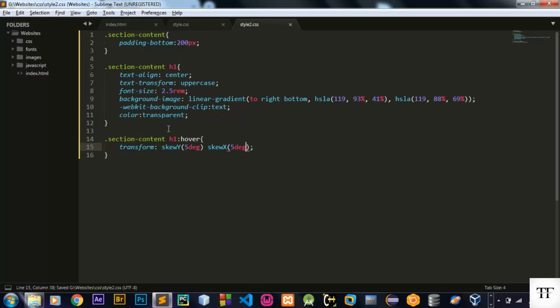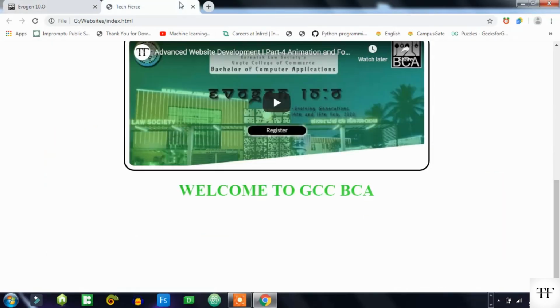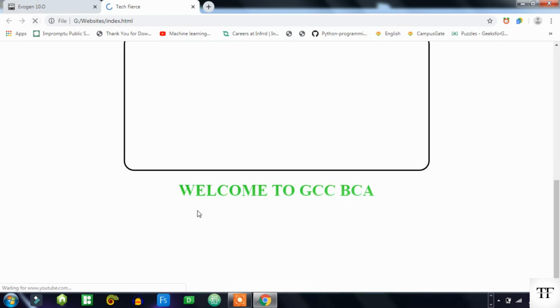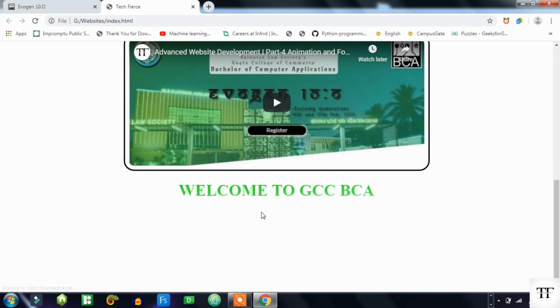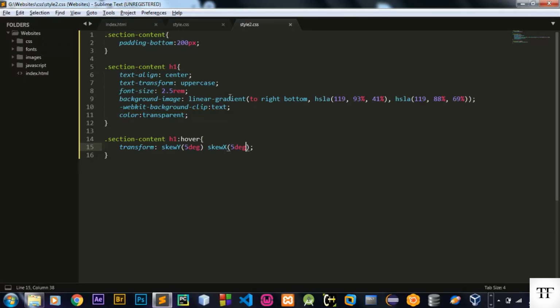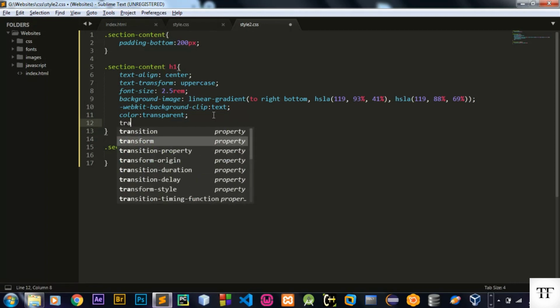Okay, when I refresh this and hover over my text, you can see the transition being applied, but it is coming immediately. There is no smoothness for this transition. So to fix that, I will use here